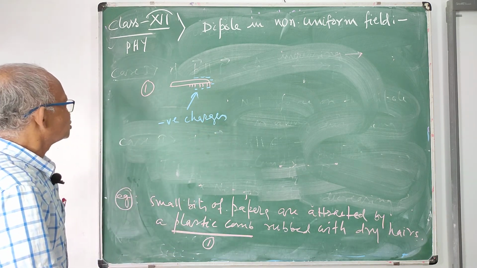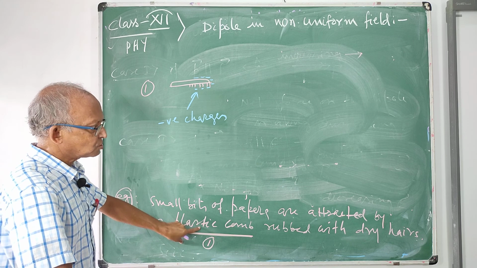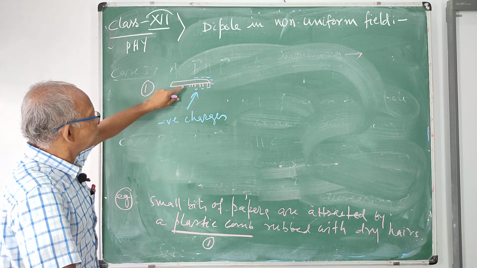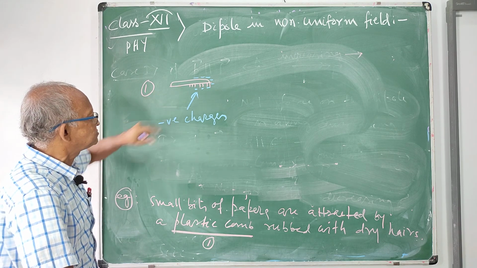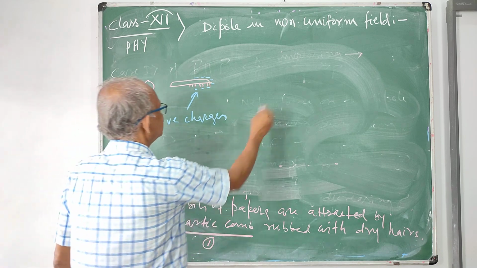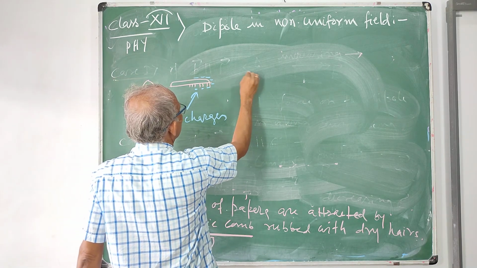Let me just illustrate this with a symbol. Okay? So first, when the plastic comb is rubbed with dry hair, then the plastic comb acquires negative charges. Then, let the small bits of paper